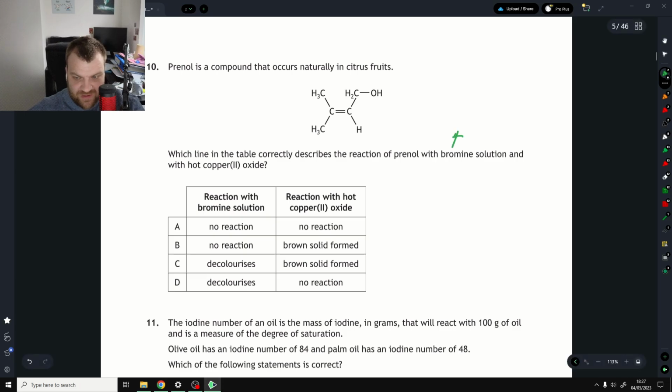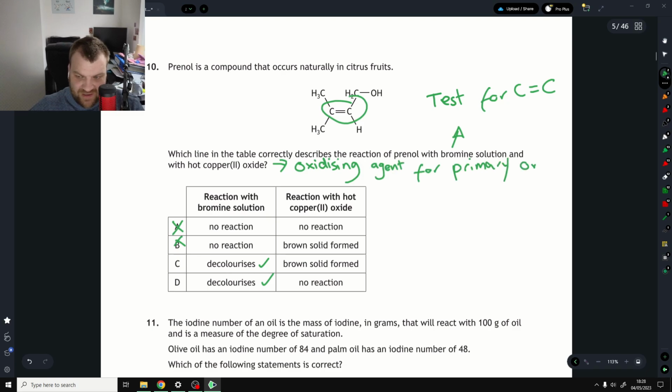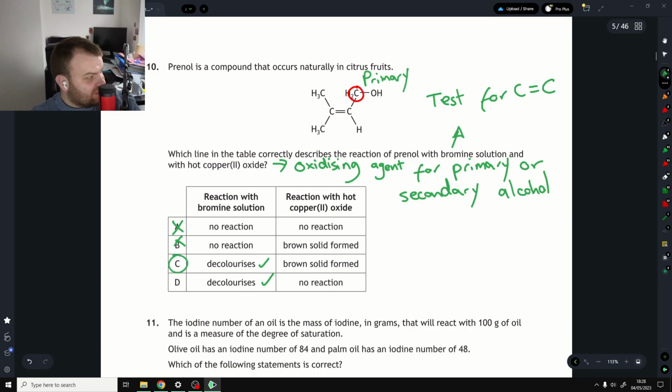We need to be aware that bromine is used best for carbon-carbon double bonds. We do have a carbon-to-carbon double bond, which means that it will decolorize. Hot copper oxide is an oxidizing agent. It's used on alcohols. This would either be primary or secondary alcohol. The carbon attached to the OH is only attached to one more. That makes that primary alcohol, which means it would have a reaction, which means that C would be our correct